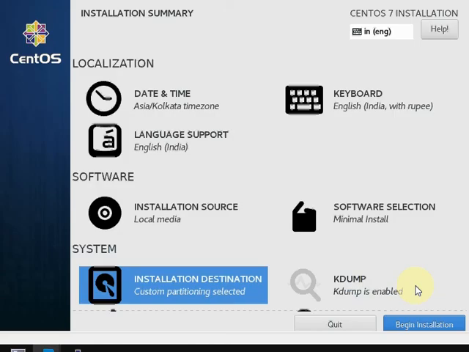So I accept the changes. As soon as I accept, it will change the whole partition table. This is how you create a custom partition table during the installation. Let's finish this installation. I'll resume this video once the installation is over and show you how the partitions are created and how to check the LVM.